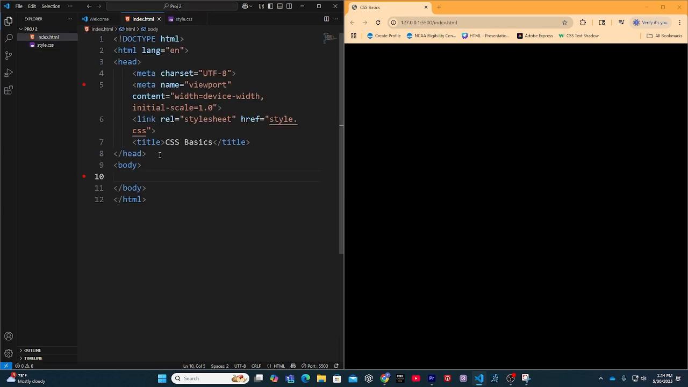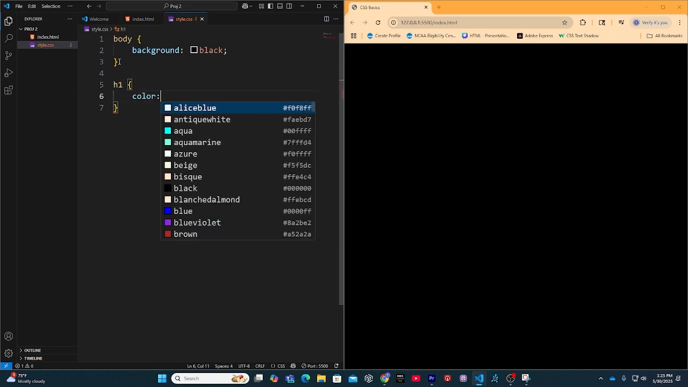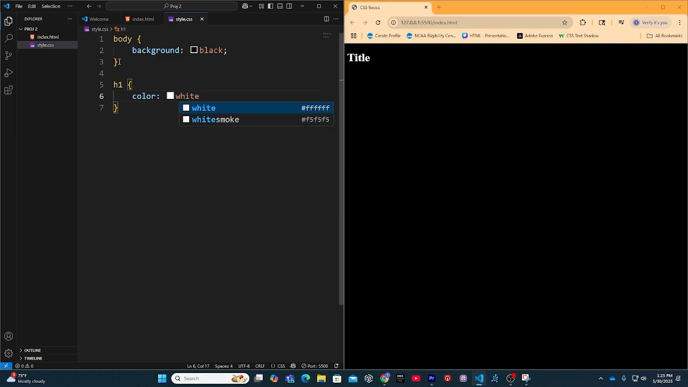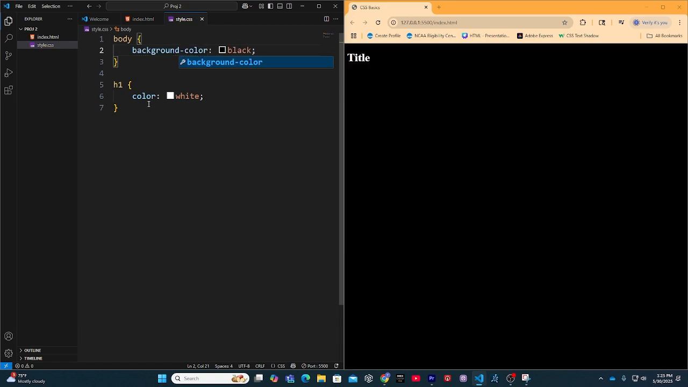All right, now I'm going to add an H1, and that's going to be my title. Now notice I can't see anything because the H1 default color is what? It's black. So I'm going to style my H1, put the curly brace, hit enter, and I'm going to type color, and I'm going to type white. Okay, so here we have background color of black, and here we have color, which is your text color of